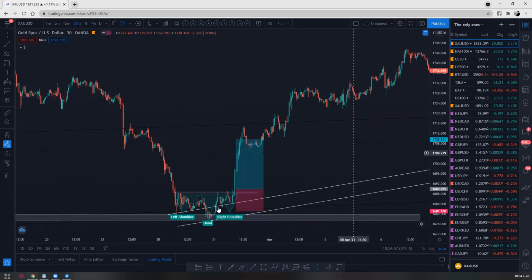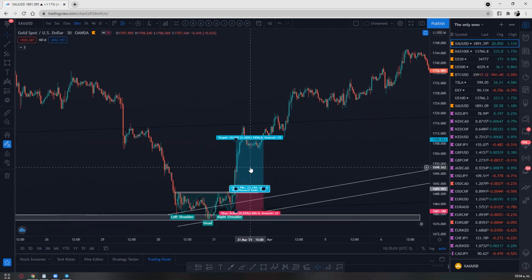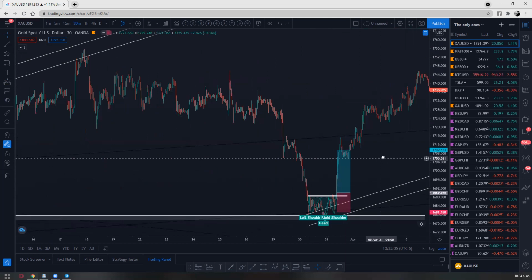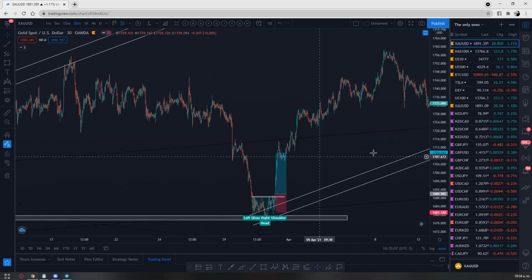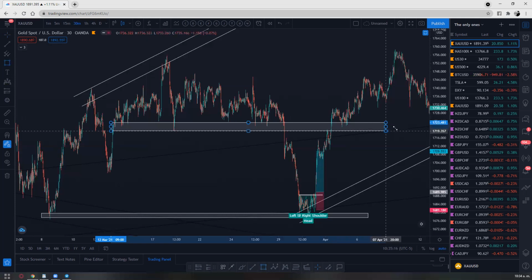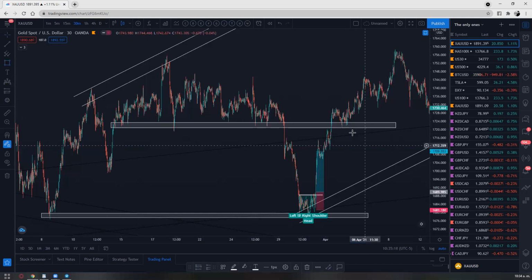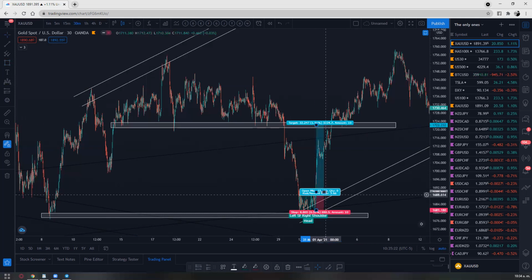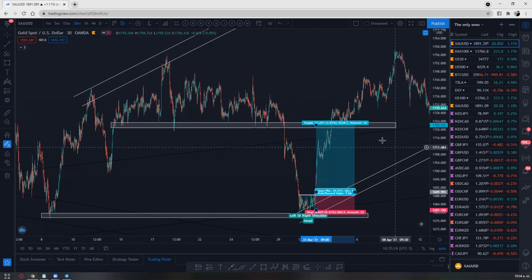Usually, whenever there's some type of pattern like this, I go either for 1 to 2 risk to reward, or I will aim for the next structure. Okay, when was the last high, or the next very strong structure? At some point it looks like there was some type of resistance right here. So I could be aiming at that point, and you guys know me that